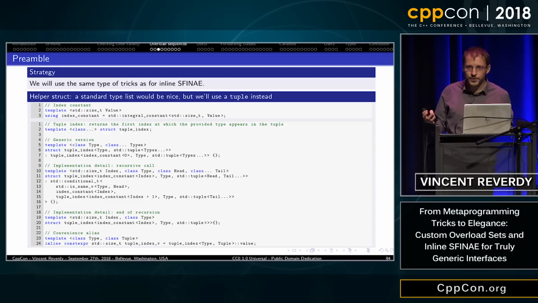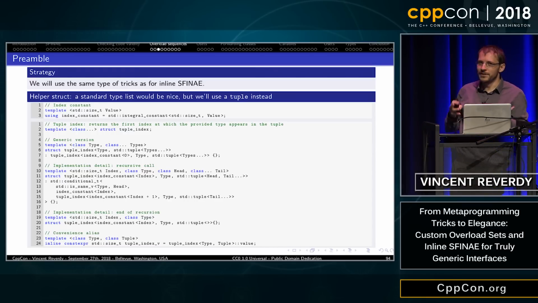So for example, if your tuple contains int, double, string, and you use tuple index on double and your tuple, then it will return that the double was at the second position in the tuple. So the index would be equal to 1 because we start at 0.